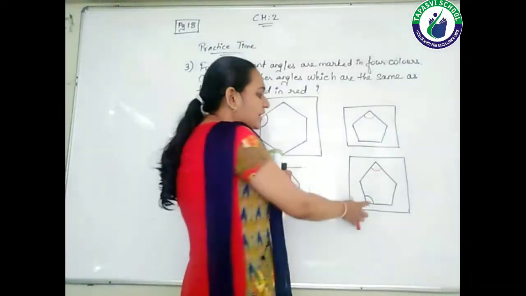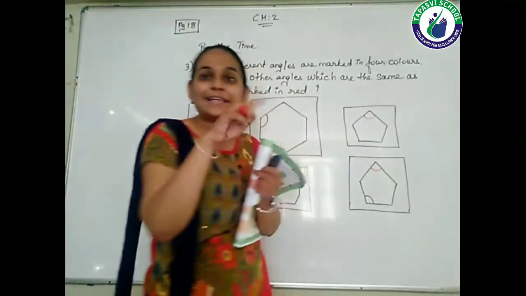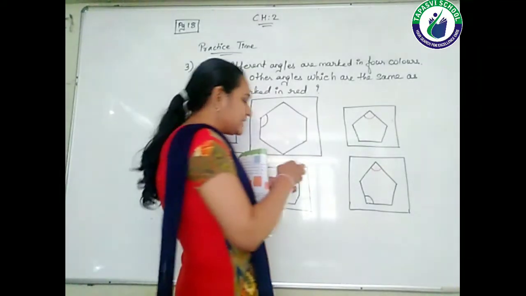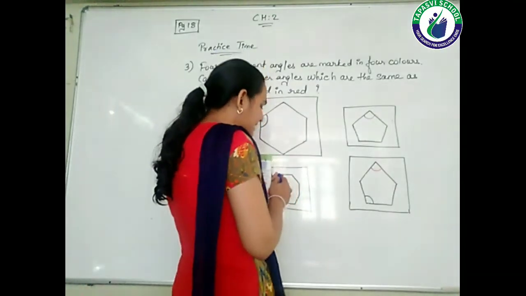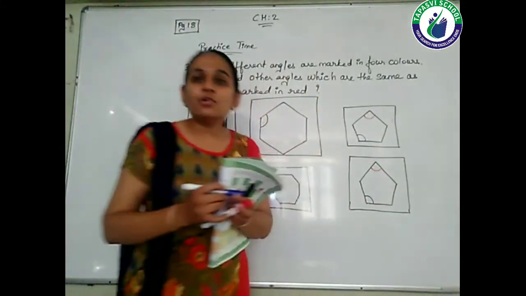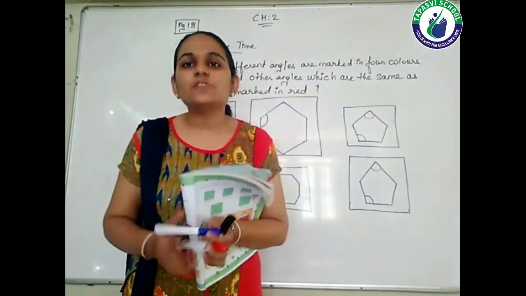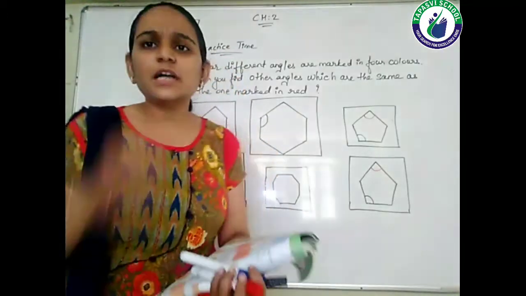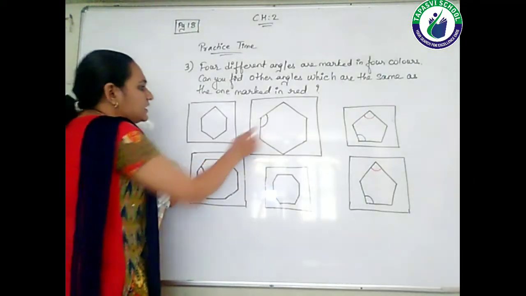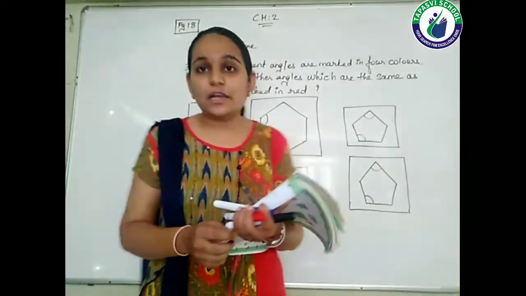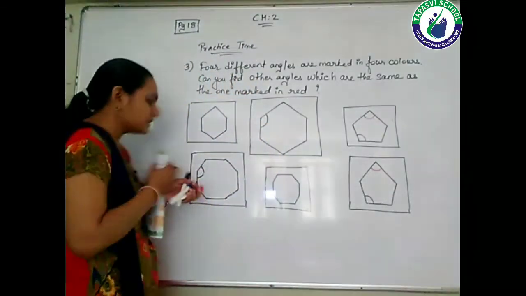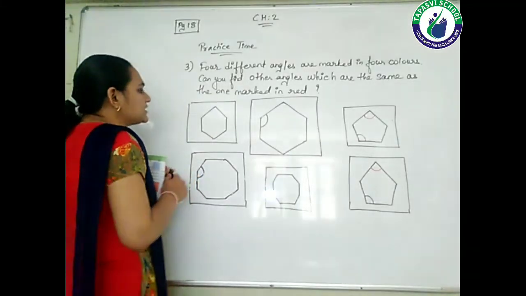Now if you look into the textbook here, the yellow color angle is there, but I have drawn it with the blue marker. So if this angle is there, similarly I can say this angle is also the same, this one. If you look into the textbook, you will get the yellow shape. So you can say that the yellow color angles are similar. Now just look here. Here you actually have the green color, and I have drawn that green color angle with the black marker. So similarly you have to draw this over here also.